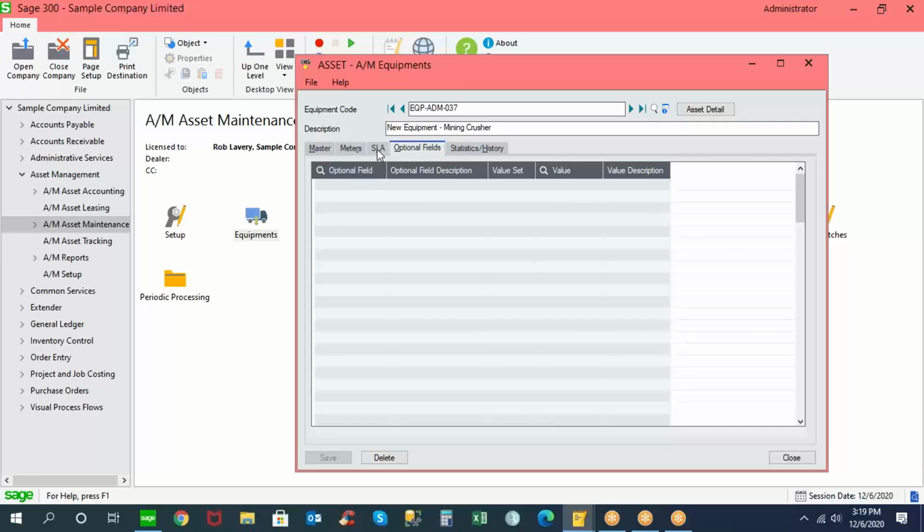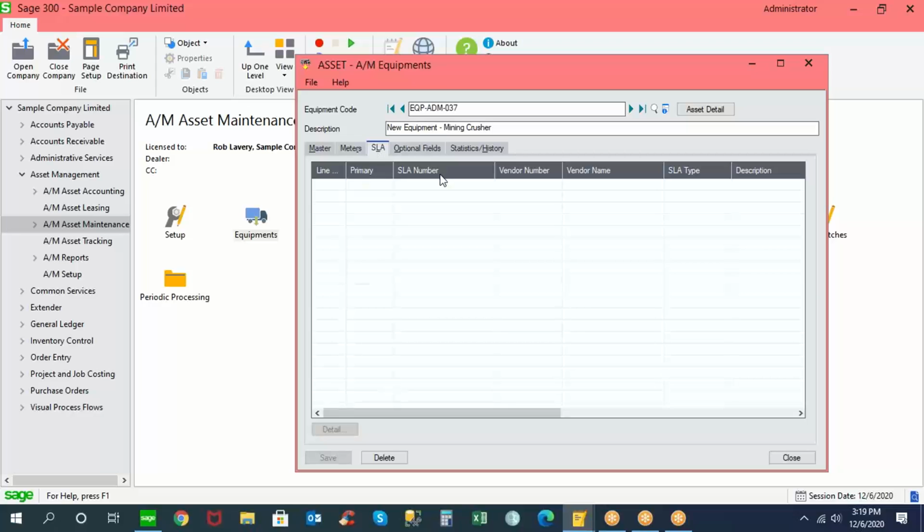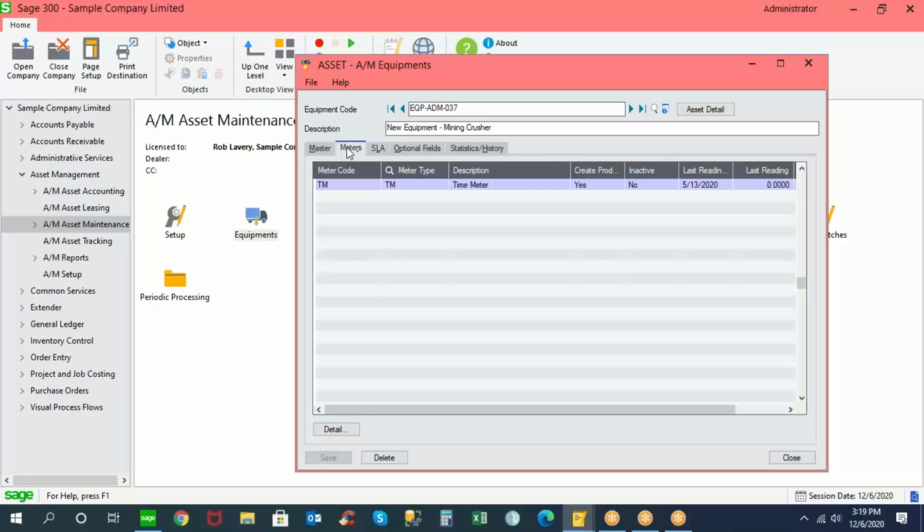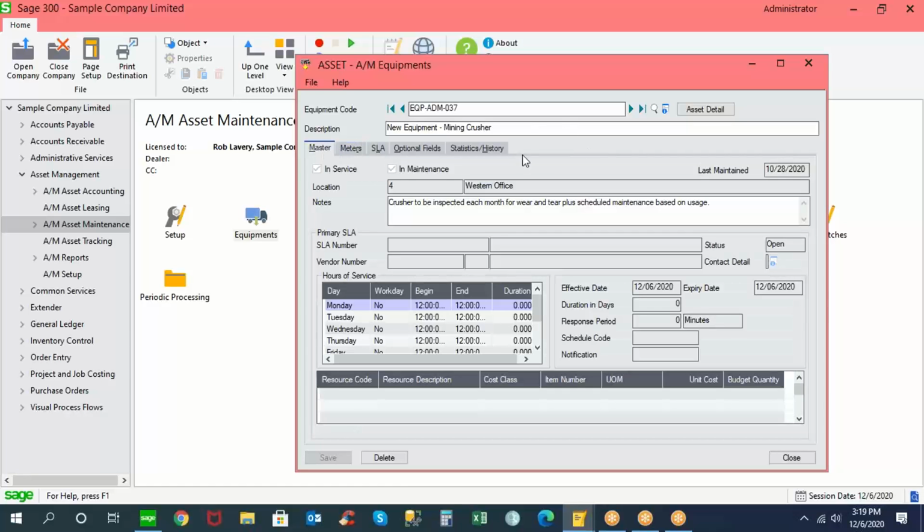We do support optional fields, and we also support service level agreements if you want to create those against the vendor activities that are being procured for the purpose of maintaining our assets. So this is an example of one asset that is using a meter in order to determine when to do maintenance work orders. We have other assets in the system that we might want to use different types of